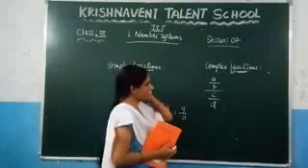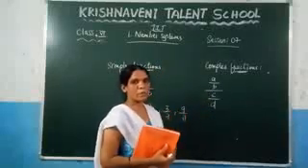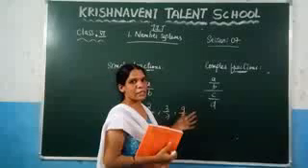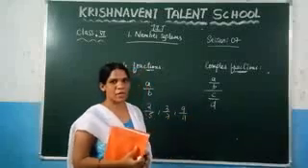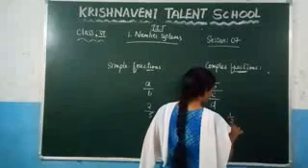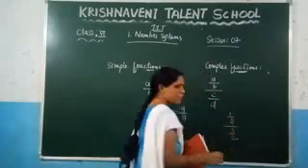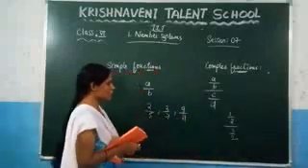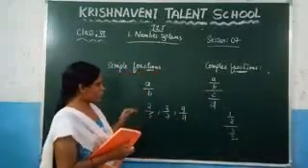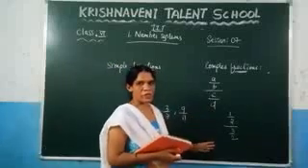And if the fraction is in the form of a by b divided by c by d, that means you are dividing two fractions, that type of fraction we call a complex fraction. You can see here the example 1 by 2 divided by 3 by 2. This is an example of a complex fraction. And after a few definitions, we will discuss how to divide these types of fractions.